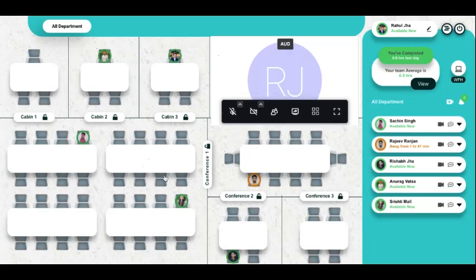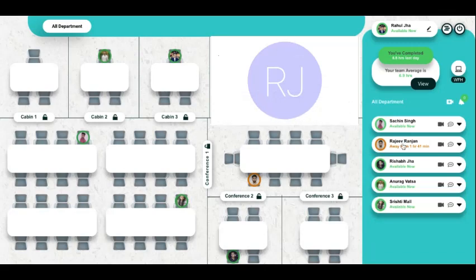At the same time I can also see who is active on the laptop and who is not active. You can see this green profile, which says he is active on the laptop, and the orange profile says he's not active on the laptop. In fact, you can see the timeline as well, showing how long he has not been active. In this case he has not been active for 1 hour 42 minutes.